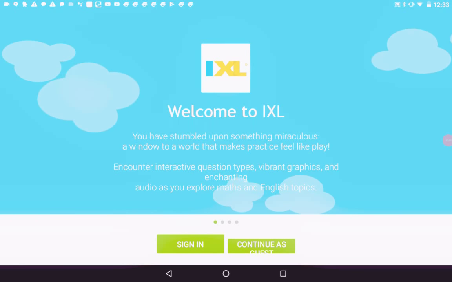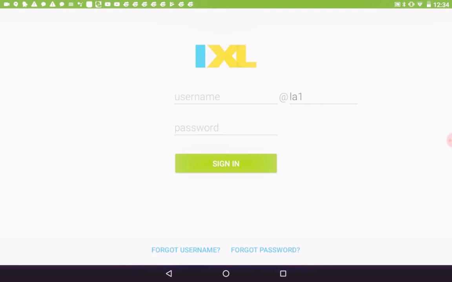So today I will show you how to use this app. It's called IXL, and the first page when you open it up looks like this. You would press sign in like this, and then